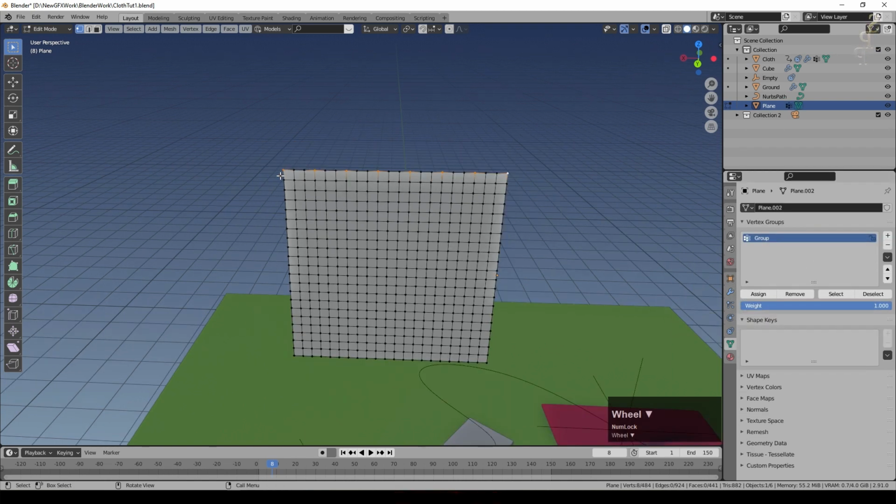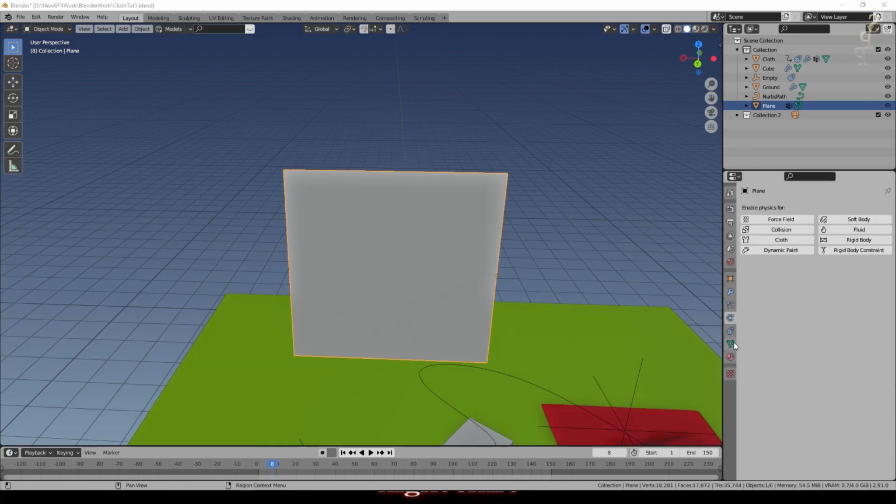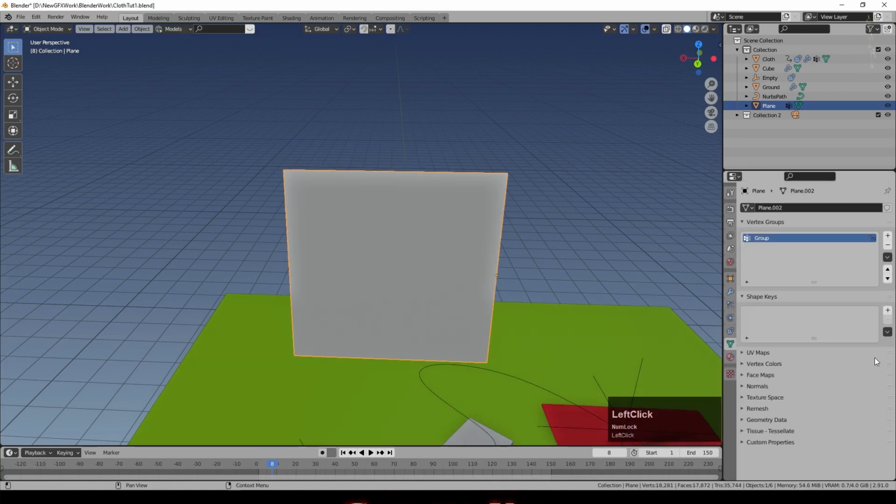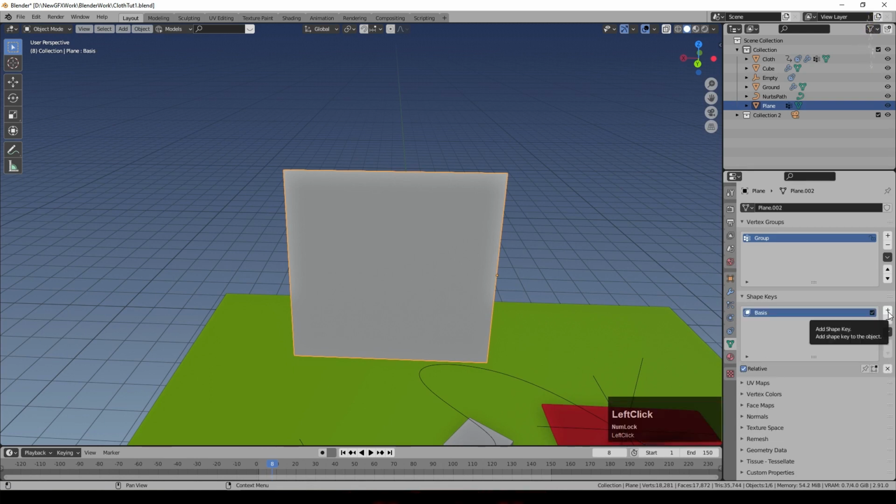We've got every third vertex selected there. It doesn't have to be every third, it could be every other or every fifth or whatever. I wanted to leave enough in there so that we can get the simulation. I'll just do half of the curtains for now. So we'll now go to object properties again, and we'll go to shape keys. And without doing anything yet, we will just click the plus here to get the basis. So this is the starting shape.